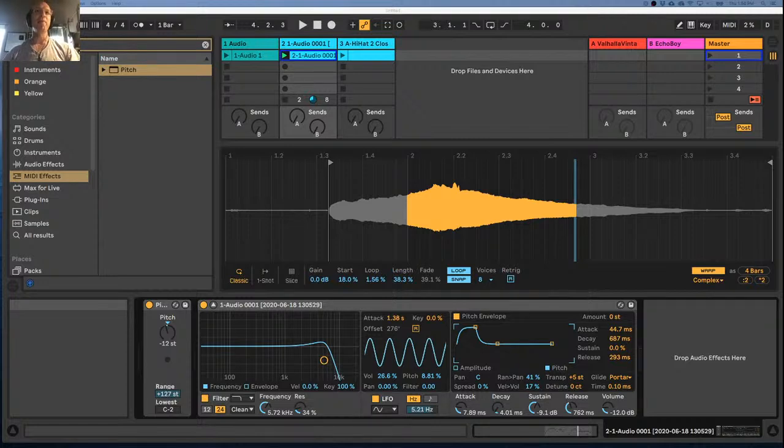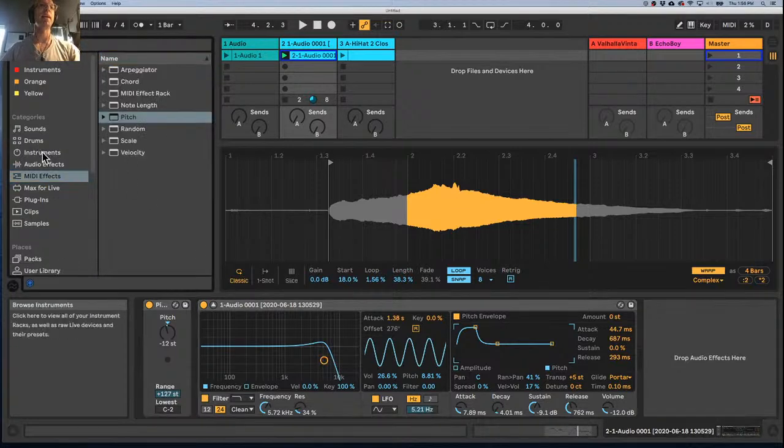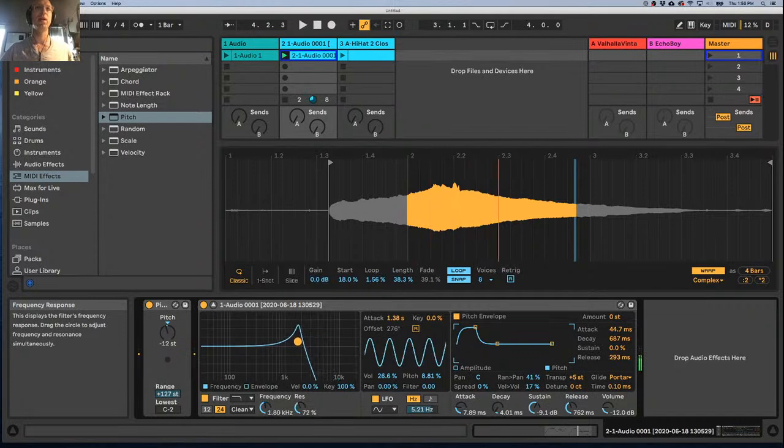Okay, let's talk about the filter. So this is basically like an auto filter effect or an EQ8 node. It lets you cut certain frequencies,